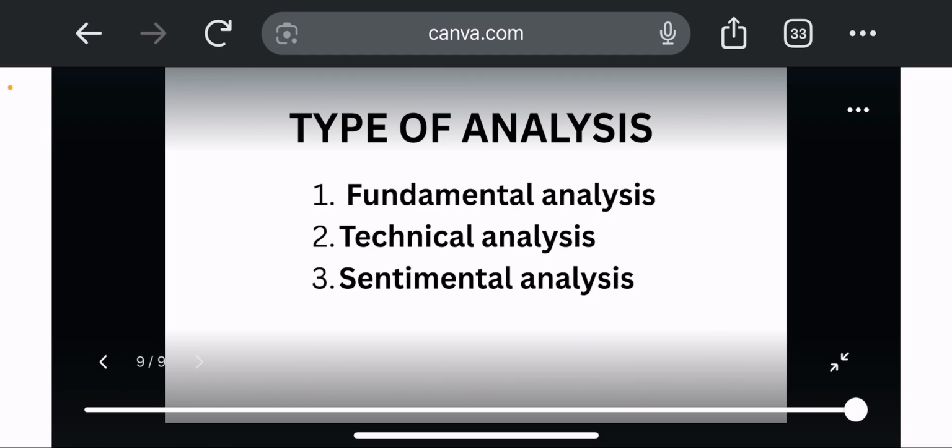So these are the basics that you need to know about trading. You need to know the sessions, you need to know the type of trader you want to be, and you need to know the type of analysis you want to be running. If you want to be trading only news, only technical analysis, or based off of indicators and tools, you need to know. Then you need to know